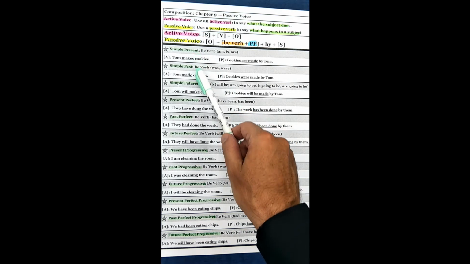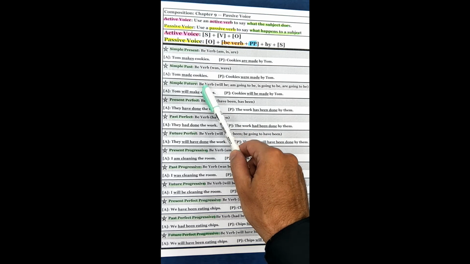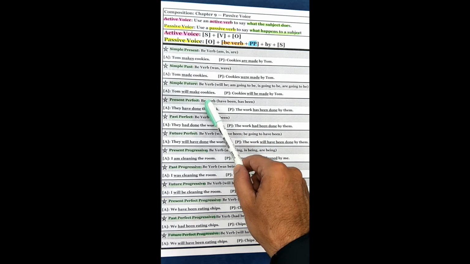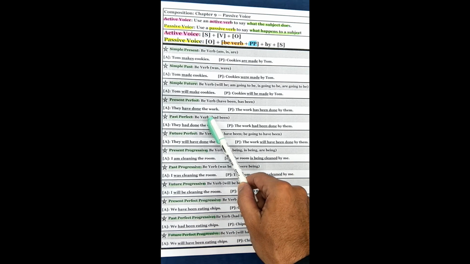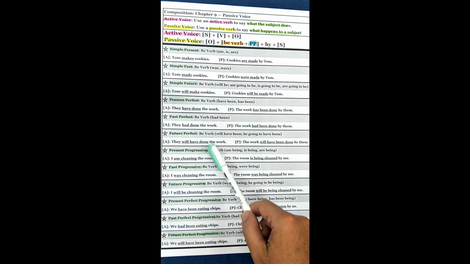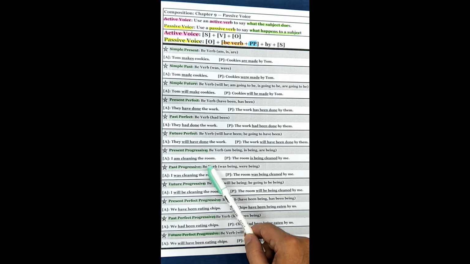Simple present, simple past, simple future, present perfect, past perfect, future perfect, present progressive, past progressive, future progressive, present perfect progressive, past perfect progressive, future perfect progressive. Very good. Now let's take an orange and let's color the different be verbs for each of the verb